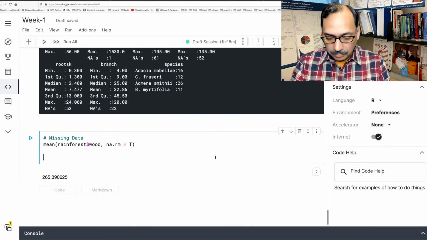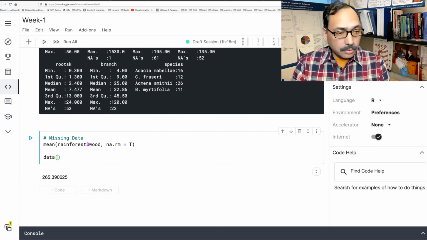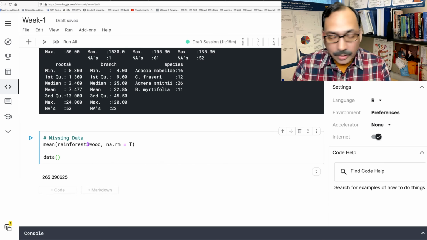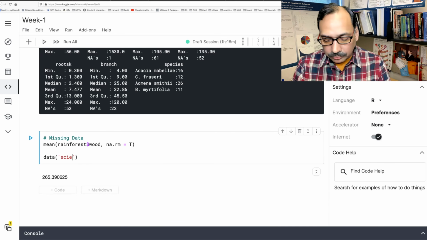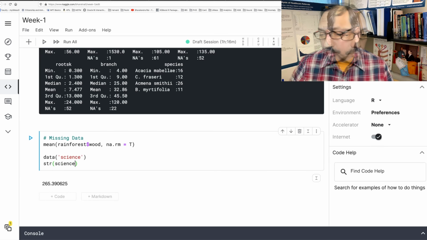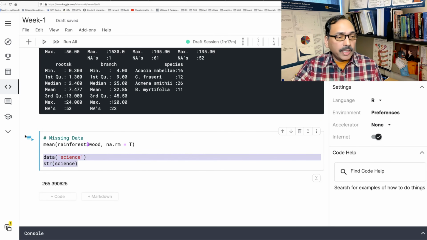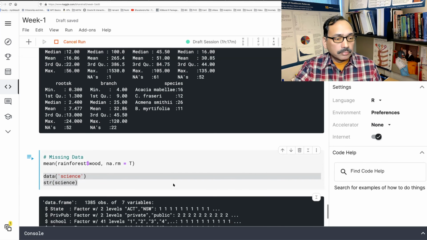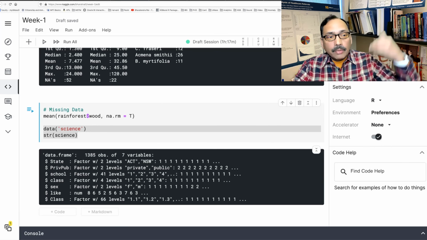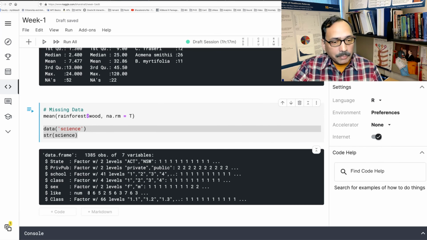Now let's have another data set from this DAAG library, and this data is called science. We'll do str science to see the structure. So I'm going to select these two and simply run. So this data frame has actually many factor variables, unlike the earlier ones where we had more numeric variables.